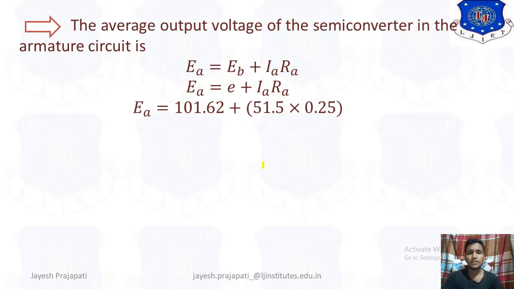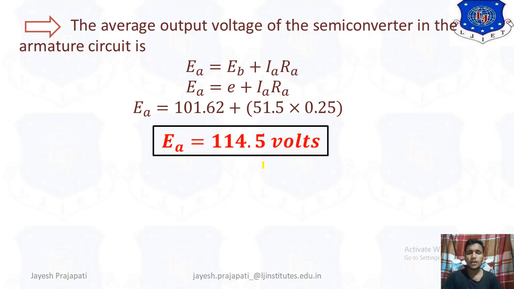Then we can write EA equal to 101.62, that is E we have derived, plus IA, that is 51.5, that also we have derived, into the armature resistance, that is given as 0.25 ohm. So the solution is EA is equal to